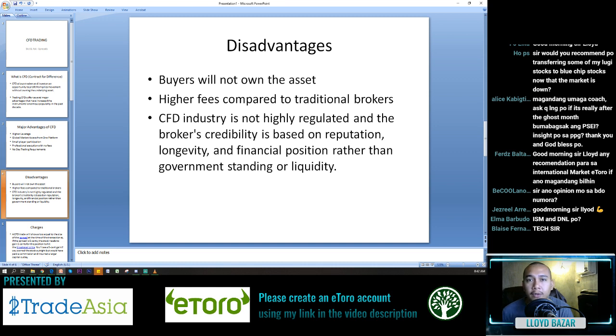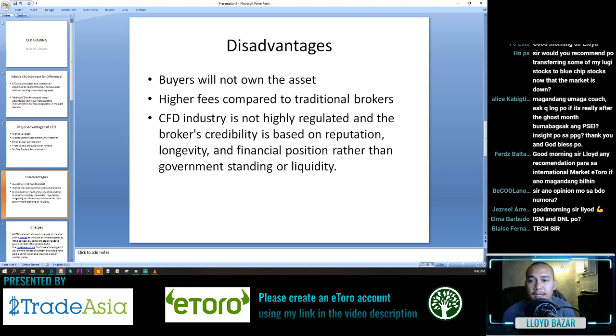But to most of us who are traders who want to take advantage of the growth na wala naman kaming pera, this is very good for us, right? Still. Higher fees compared to traditional brokers. Traditional brokers, halos libre lang po ang commissions. Here, mas higher ang fees. We're gonna talk about fees, but higher fees to traditional brokers, pero comparing sa mga PSE brokers, kung hindi kayo nagrereklamo sa fees sa PSE, then CFD will be for you. Mas mura po si eToro compared to PSE. Pero if you compare it to traditional brokers sa international market, mas medyo mahal siya. Higher, but still since sanay tayo na malaki ang fees dito sa PSE,